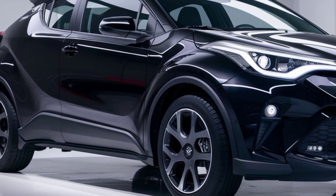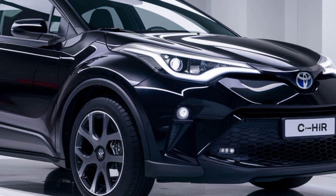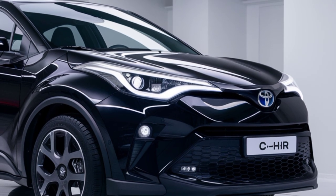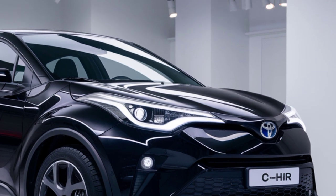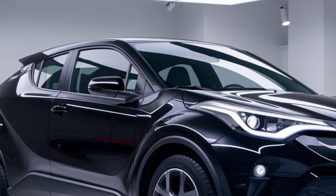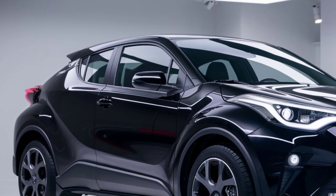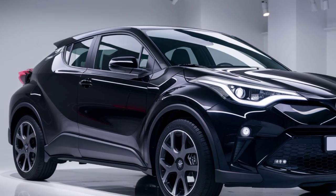Exterior design. The 2025 Toyota CHR boasts a futuristic and aggressive design, featuring a coupe-like silhouette, sharp body lines, and a more aerodynamic profile. The front fascia is dominated by a sleek LED lighting setup and a bold grille, while the sculpted sides and floating roof design enhance its sporty appeal. Available in striking dual-tone color schemes and equipped with larger alloy wheels, the CHR stands out as a head-turner on